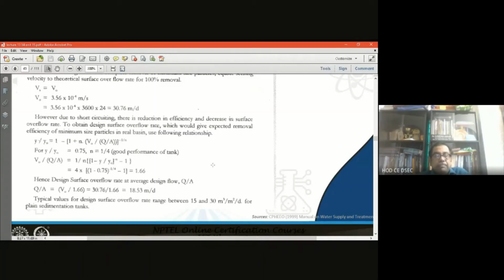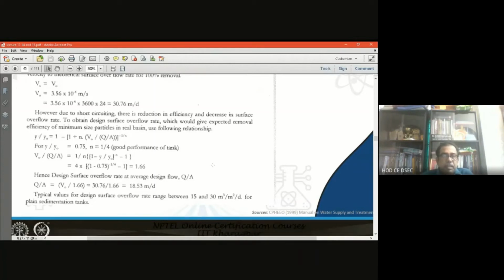18.53 meter per day. And generally, this Q by A, that is the surface overflow rate, is basically between 15 to 30 meter cube per meter square per day. So it is 18.53, so it is satisfying the range that we have to check. Next,